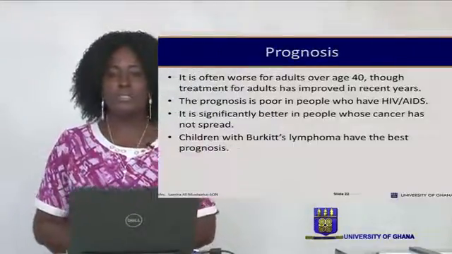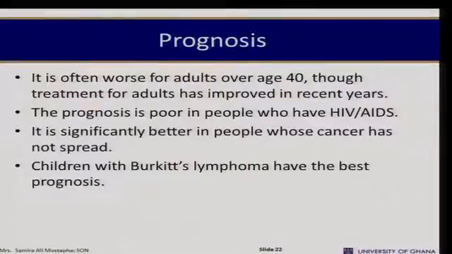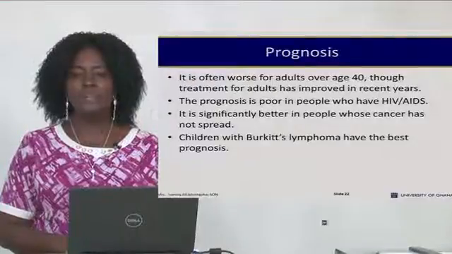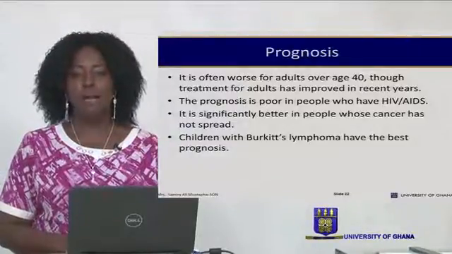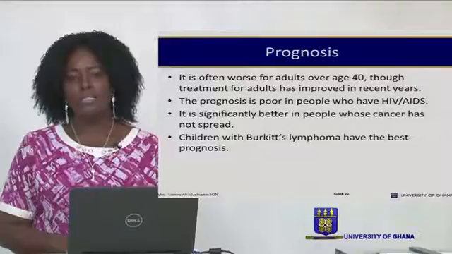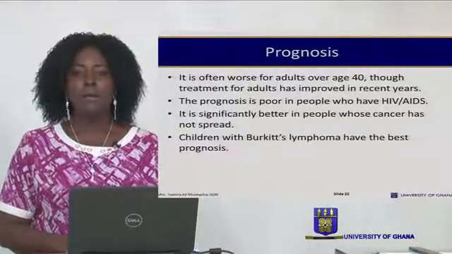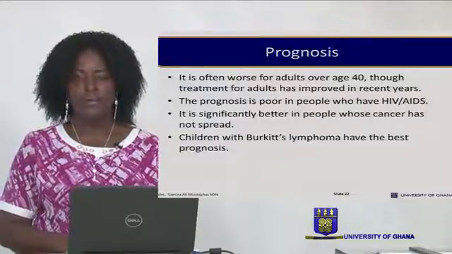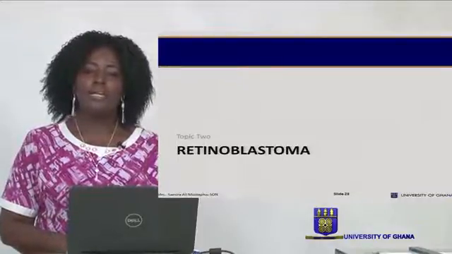The prognosis, we are saying that it's often very bad or worse in adults, though treatment for adults has improved in recent years. It's more severe in adults and also in HIV/AIDS patients. However, children with Burkitt's lymphoma in our part of the continent have the best prognosis, because about 80% of the cases recover. So that brings us to the second topic, which is